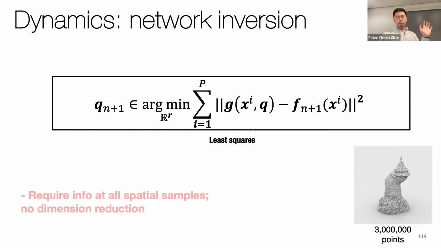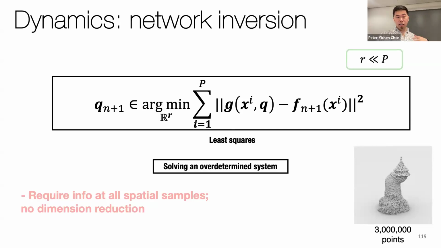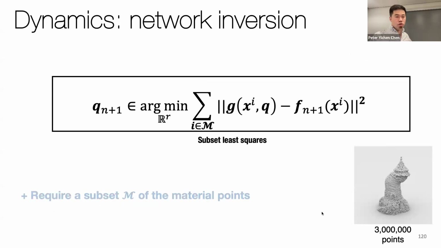Nonlinear or depends. A least square could be nonlinear or linear, depending on the representation. So to solve this problem, because the dimension of this queue is very small, this is an over-parameterized problem. So it's an over-determined system. So therefore, not over-parameterized, sorry, over-determined system. Therefore, instead of using all the degrees of freedom, let's say 3 million, you can choose a subset of